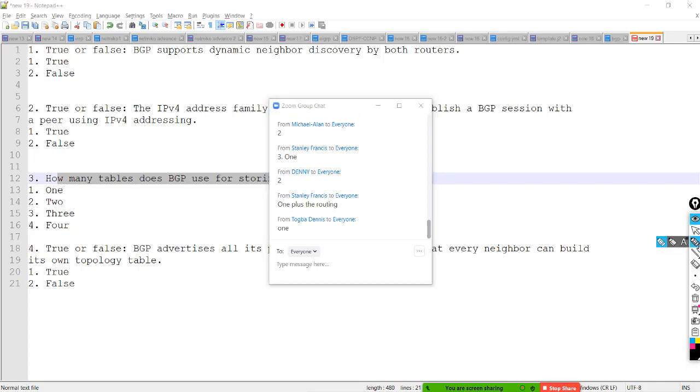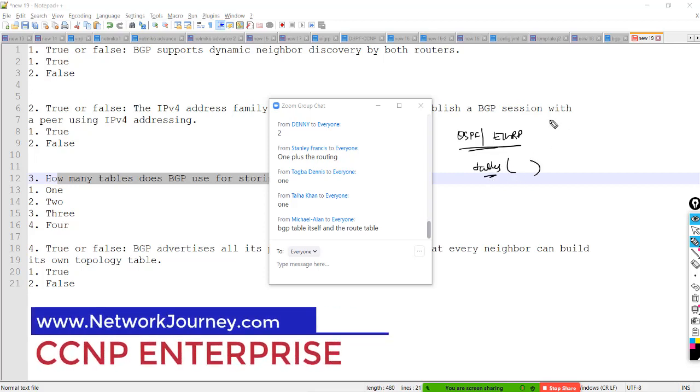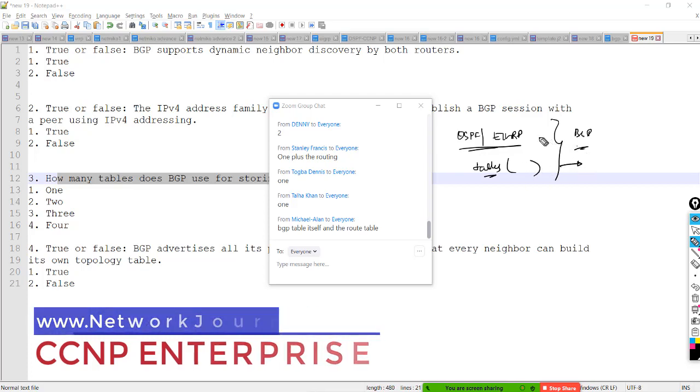Let me give you a hint. In the case of OSPF and EIGRP, there are a certain number of tables. The hint is that even BGP has the same number of tables. So how many tables are they?